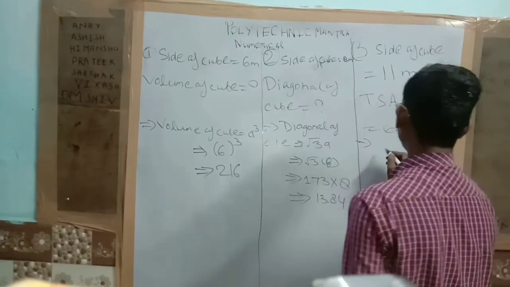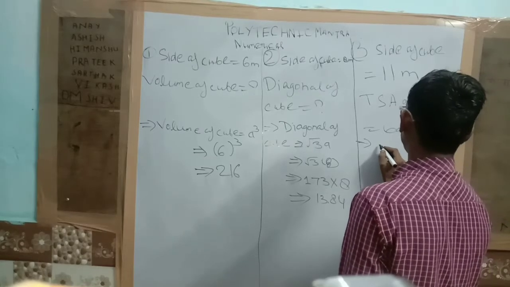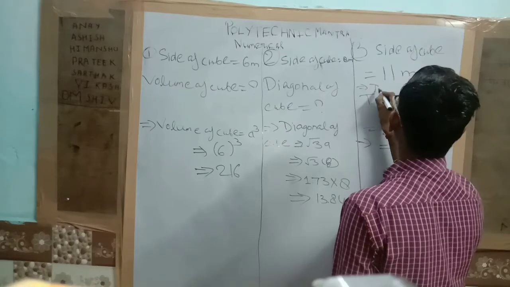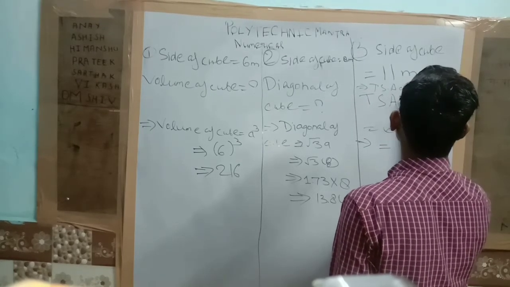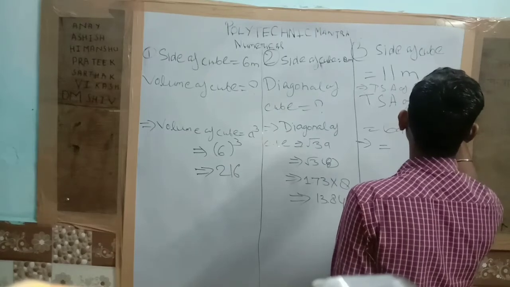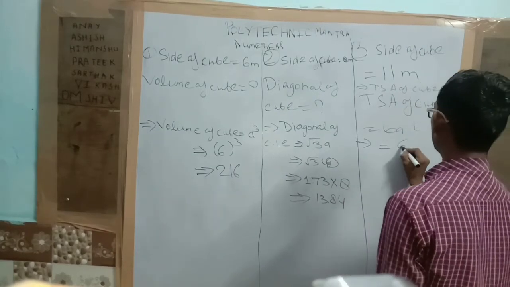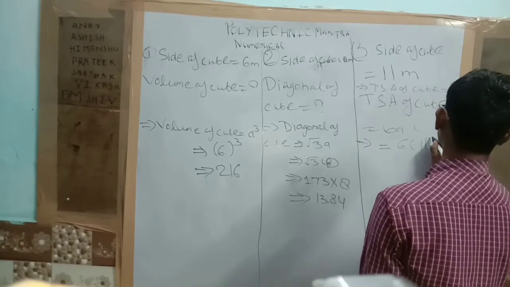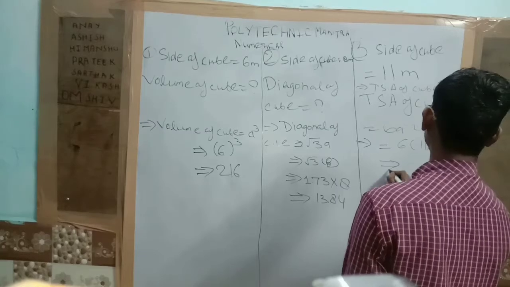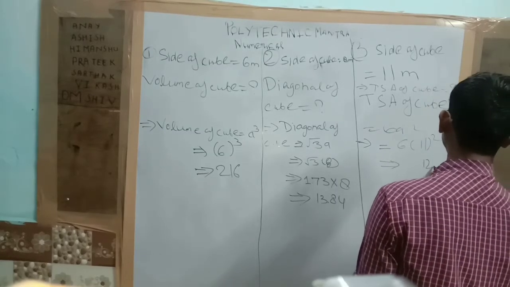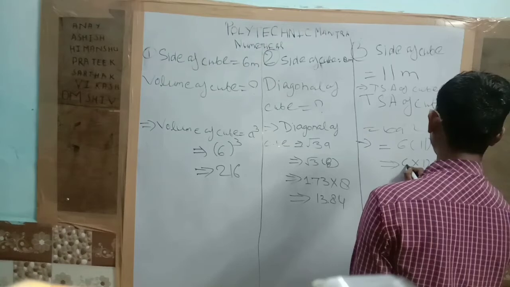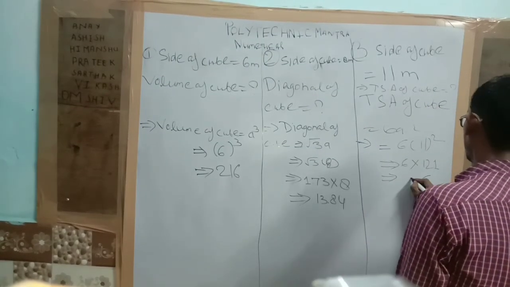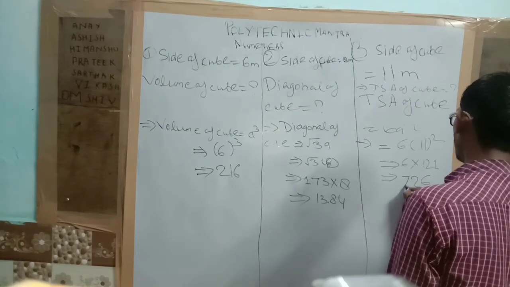In total surface area of cube, we can easily put the value. Six into A square, meaning square of side. We know that 6 square is 36. Now we can easily multiply it by 6, and the appropriate answer is